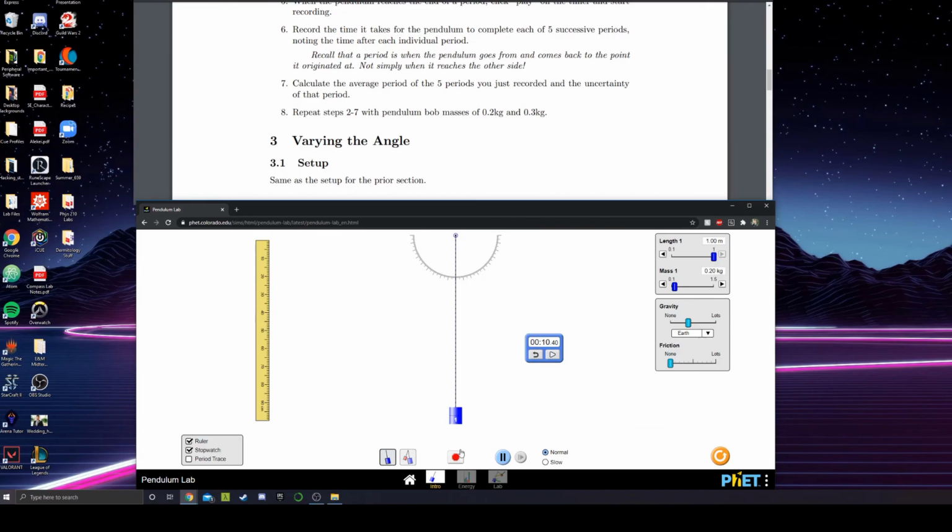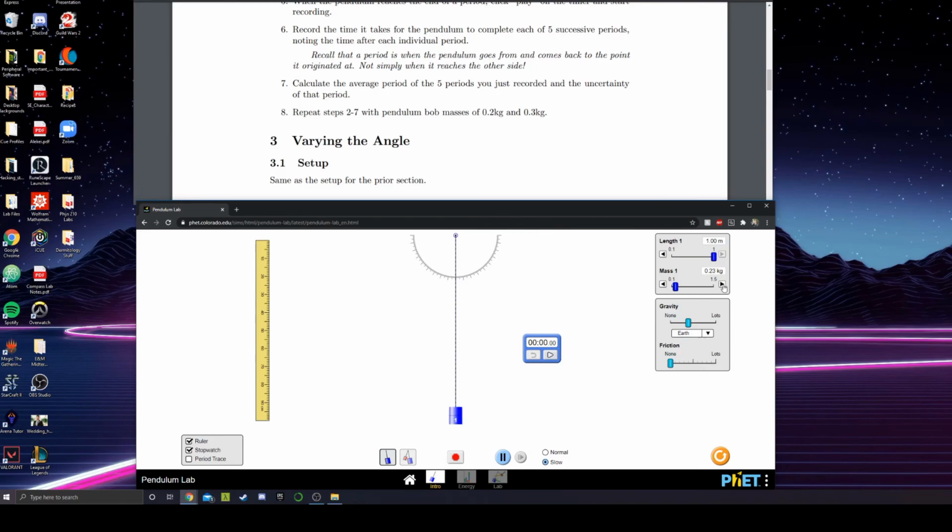Again, we're going to set it to 10 degrees, let it swing for a little bit, and then I'm going to slow it down right before it hits, and then we're going to start recording right now. All right. So after the first period, we have about 2 seconds or so. After the second period, we've got about 4 seconds. After the third period, about 6 seconds. After the fourth period, about 8 seconds. After the fifth period, about 10 seconds. All right. So go ahead and use that to calculate the average period for the pendulum at 0.2